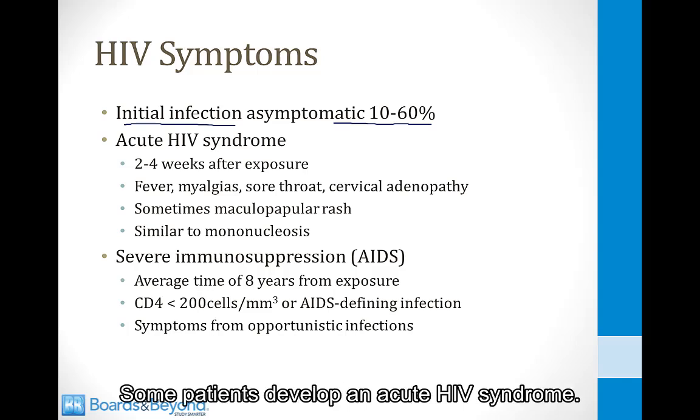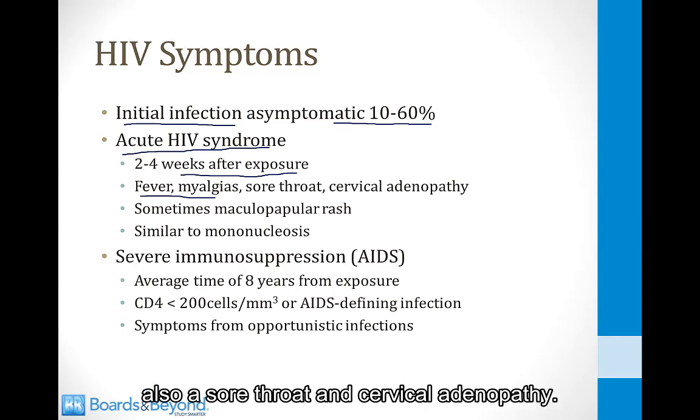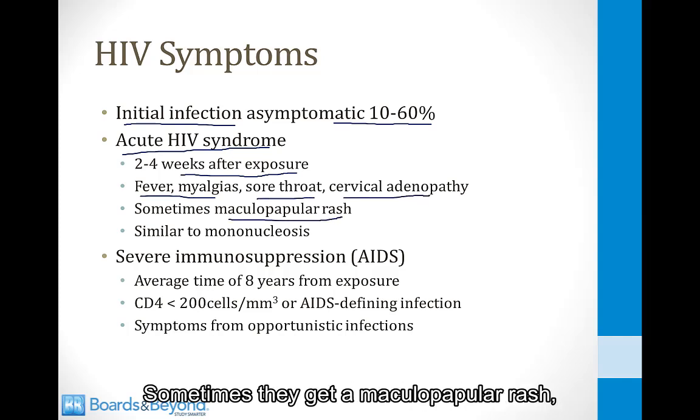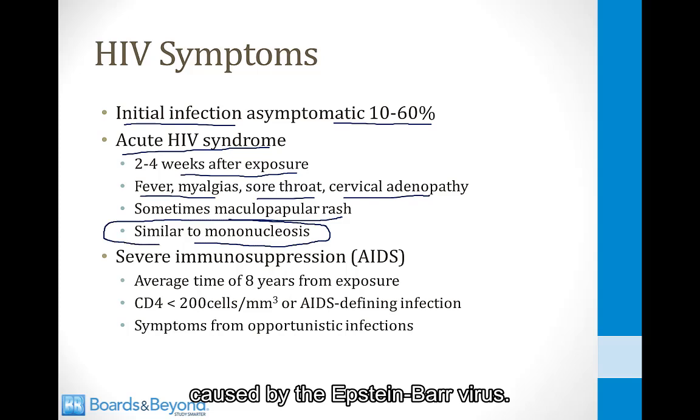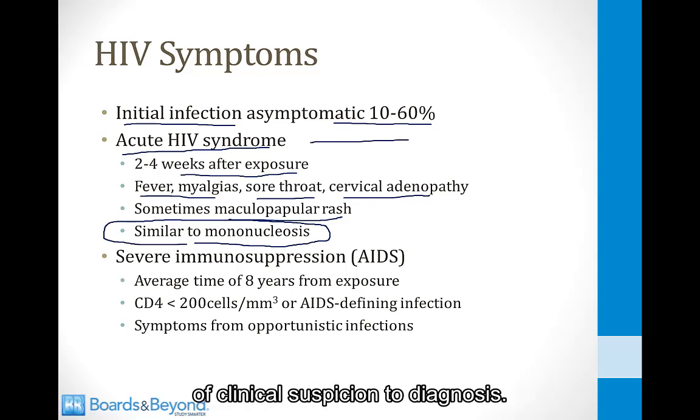Some patients develop an acute HIV syndrome. This occurs a few weeks after exposure to the virus. They will have fever and myalgias, also a sore throat and cervical adenopathy. Sometimes they get a maculopapular rash, and this is very similar to mononucleosis caused by the Epstein-Barr virus. And you have to have a very high degree of clinical suspicion to diagnose this. Otherwise, most physicians will think it's just a case of the flu or a virus, and they will not look